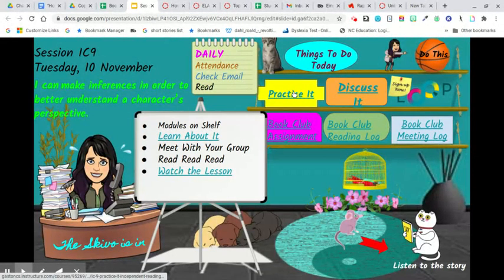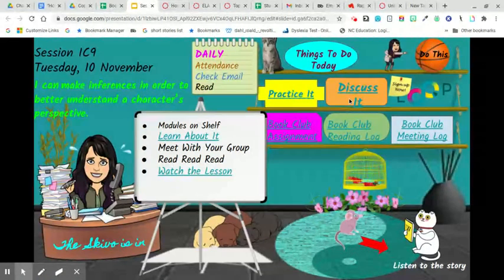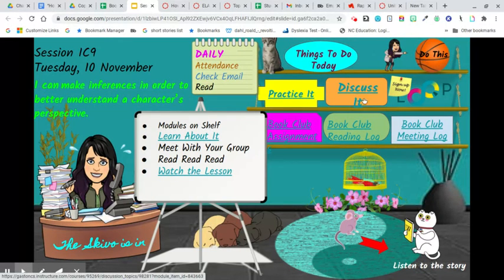The practice it just says you need to read. The discuss it is just a discussion thread. So you've got the do this and the discuss it. Those are the main things that you need to turn in, which I know is your big concern. Well, what do I have to turn in? The rest of it I'm just going to blow off. Don't blow anything off, people. It all works together. It all works together.